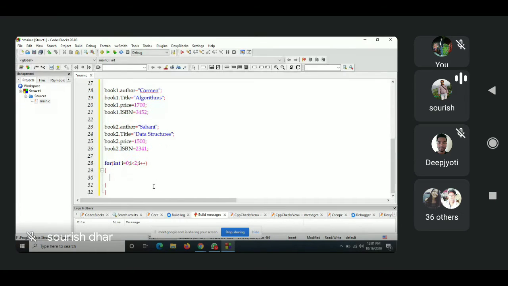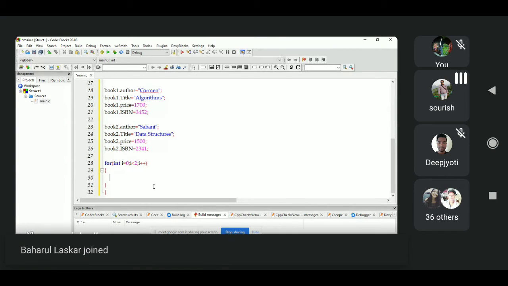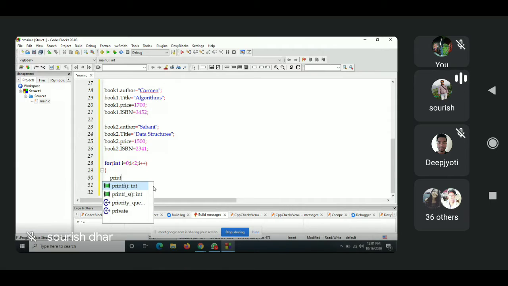I could say in this fashion. Now I could say how to print, printf. Let's suppose you want to print all the members of book1. So you could say in this fashion.